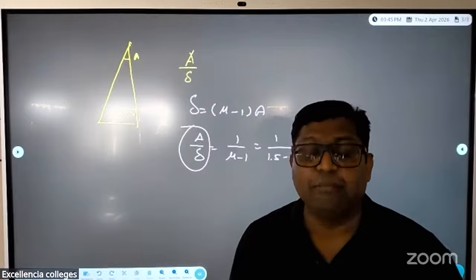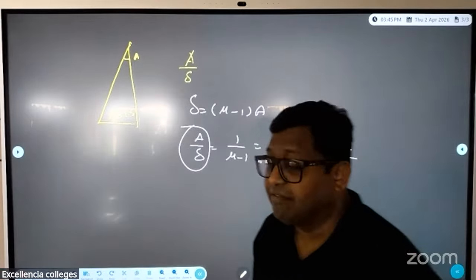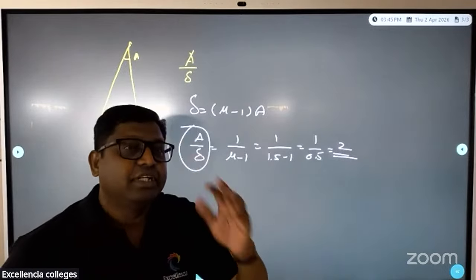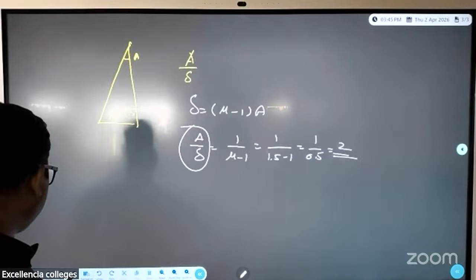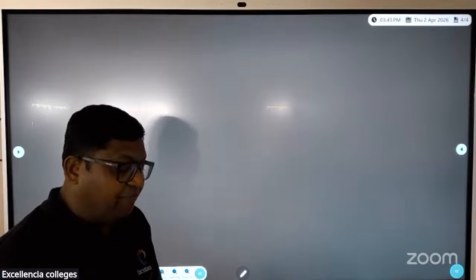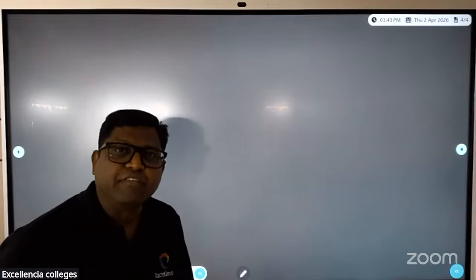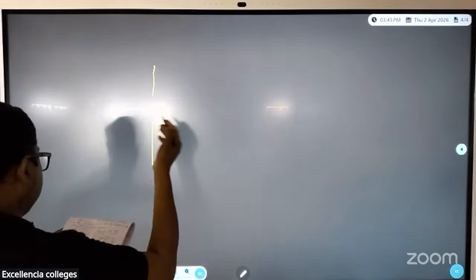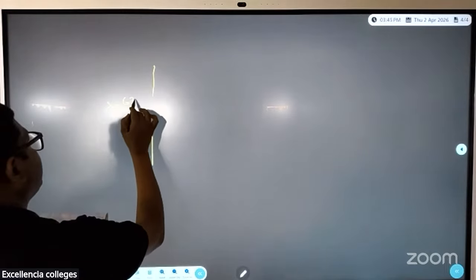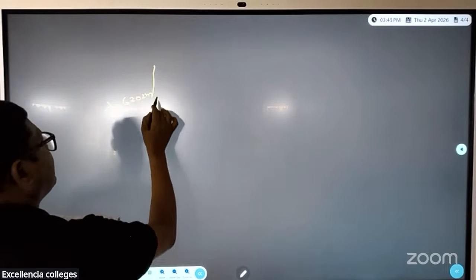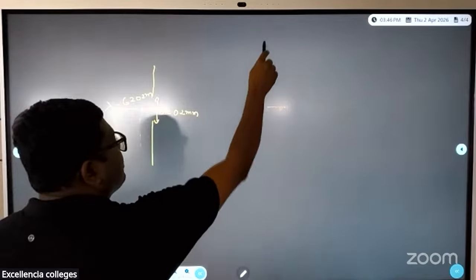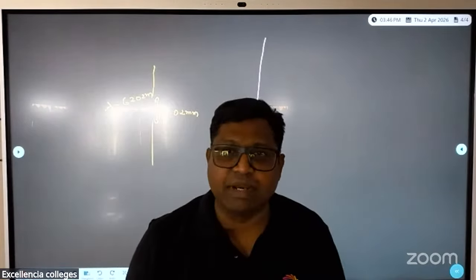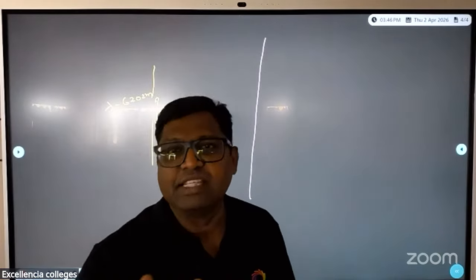Let's look at one question which came from wave optics. So you know that in wave optics, we talk about YDSE. Another concept is about diffraction. So interference, diffraction, and polarization. Questions have appeared from the concept of diffraction. So the question, as per the inputs given by the children, is: you have a single slit diffraction pattern for which a wavelength of 620 nanometer has been used. The slit width is given to be 0.2 millimeter. You are asked to calculate the width of the central maxima. This is also a simple direct question.